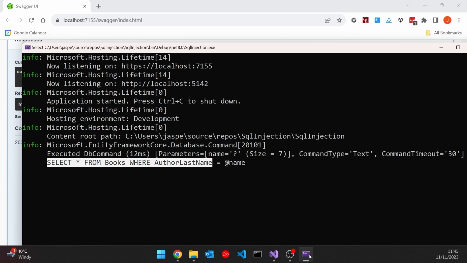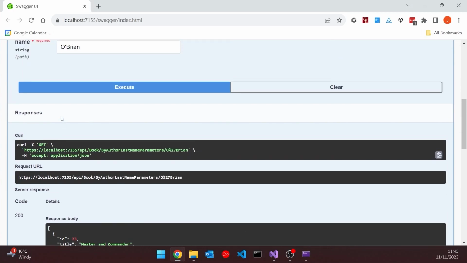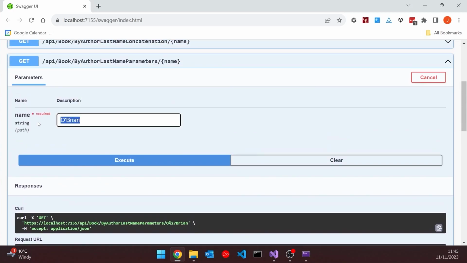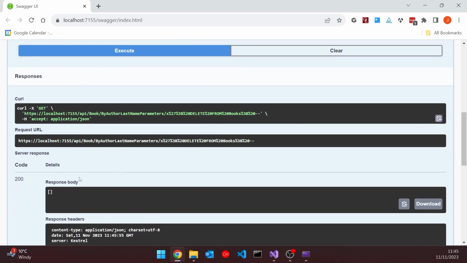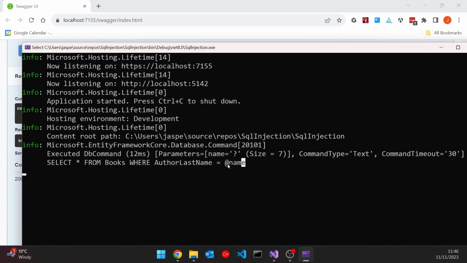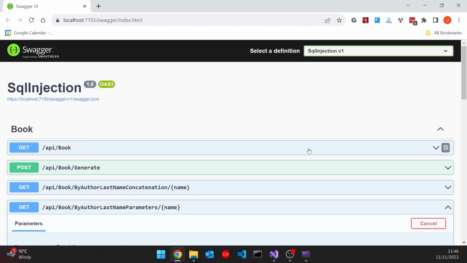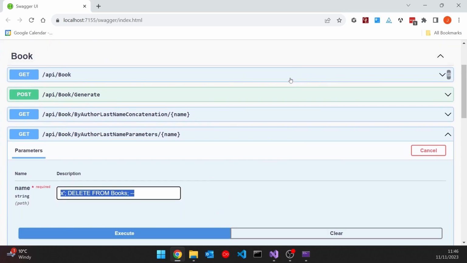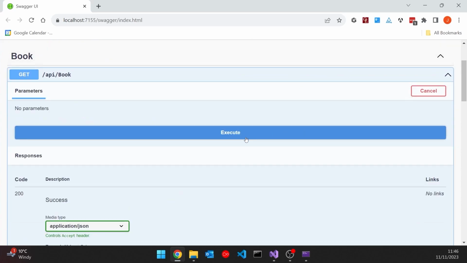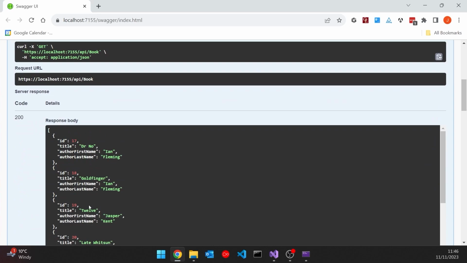And so it works with just that one, like O'Brien, but it would also work if I tried a quote X semicolon delete from books dash dash. If we execute that, all it does is try to search for something where the name is all of that, doesn't find it, but it hasn't actually treated that as SQL. So if we now take a look at all of the books, we can see they're still there,